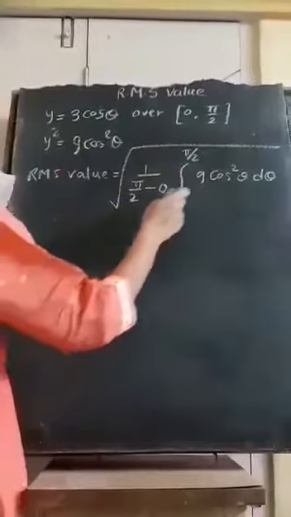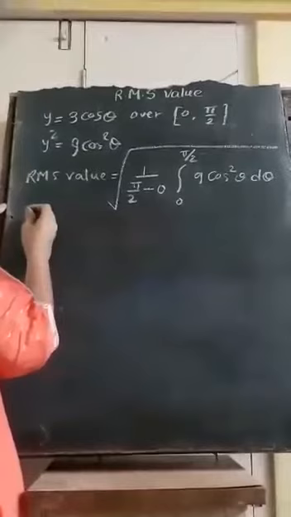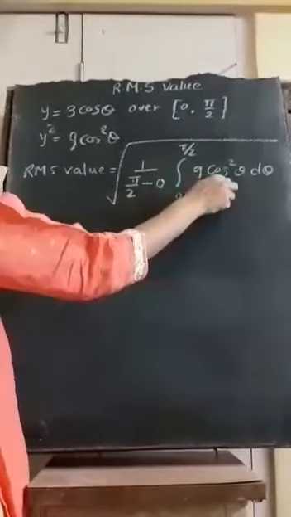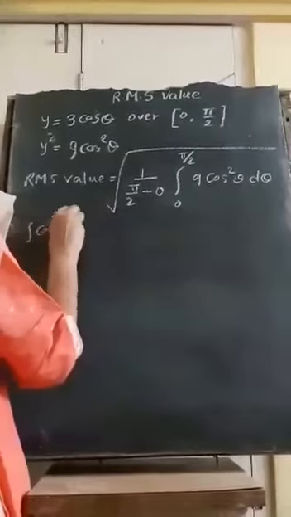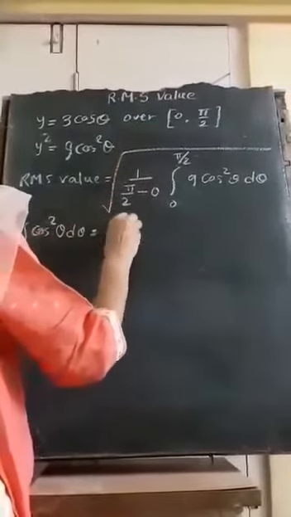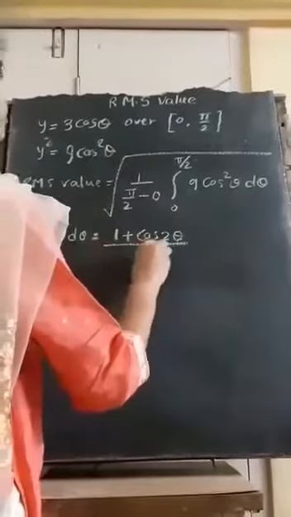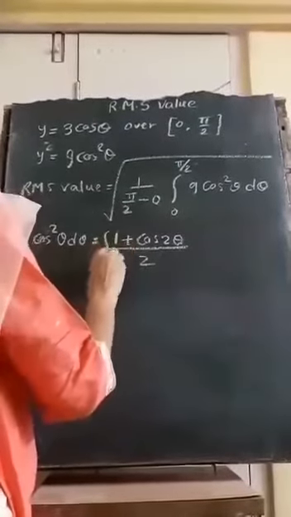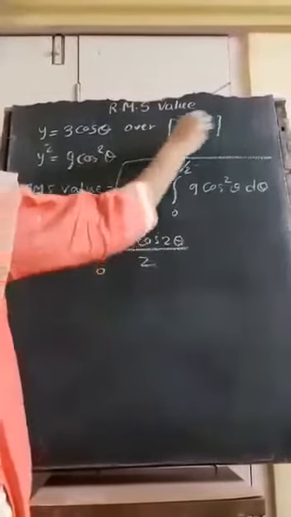Now what I will do is, I will just integrate, and the square root sign I will take later on. So I am writing integration part only. This 9 also I am not saying, it will come out, we will only integrate cos square. So integration of cos square theta will be, we need to apply the formula 1 plus cos 2 theta upon 2 and integration of that over 0 to pi by 2, as the range is 0 to pi by 2.